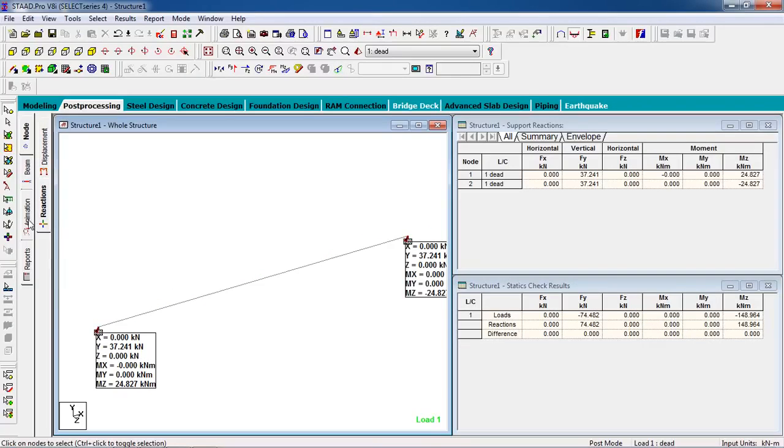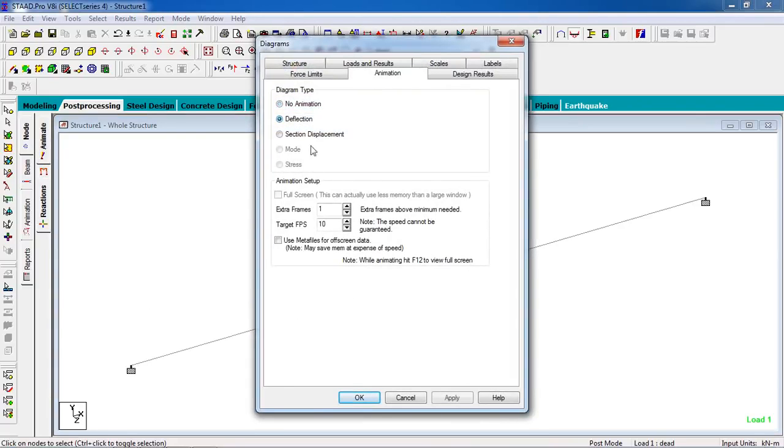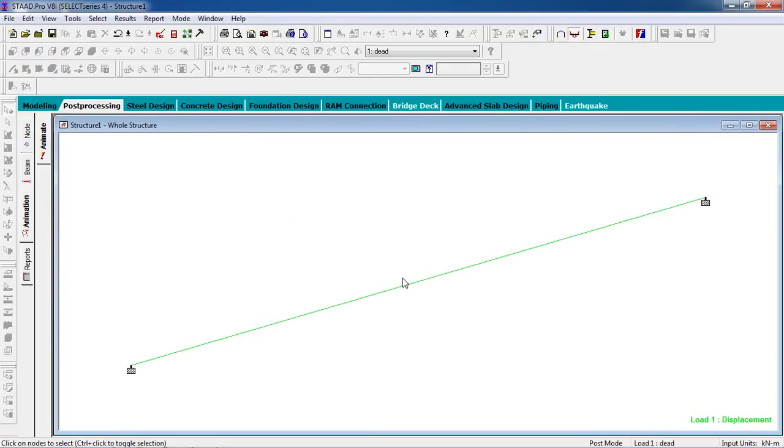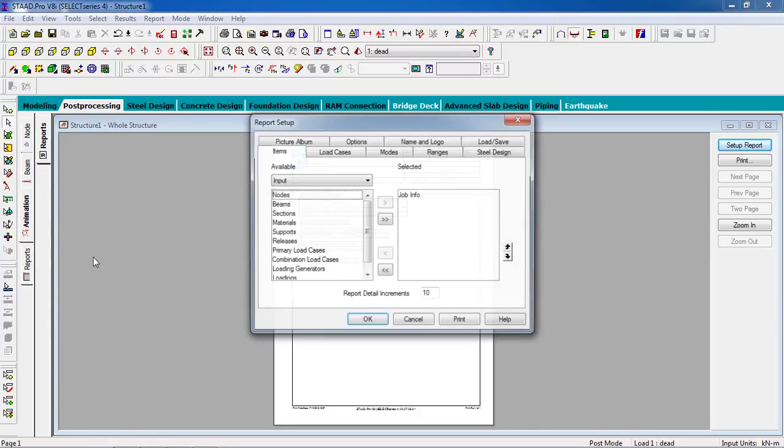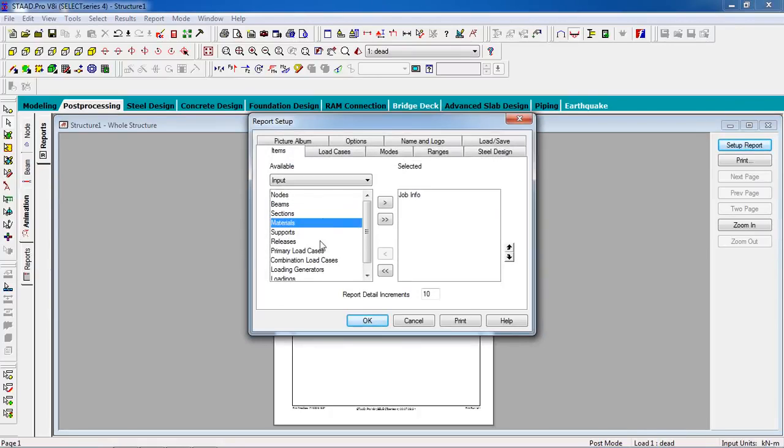Okay. You can check the animation for deflection. Apply, OK. The deflection is so small that you can't see it properly. Escape from it. Okay. Then go to the report and you can output any report. Okay, node, beam. Okay,